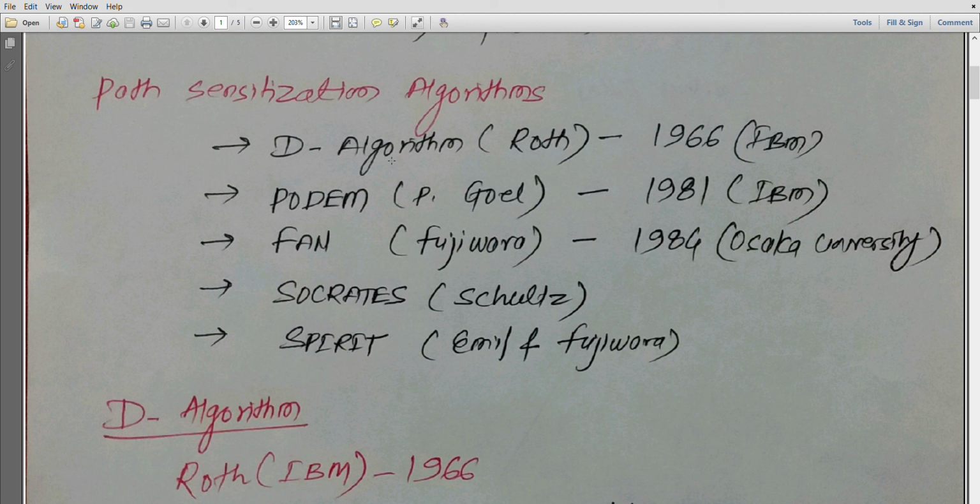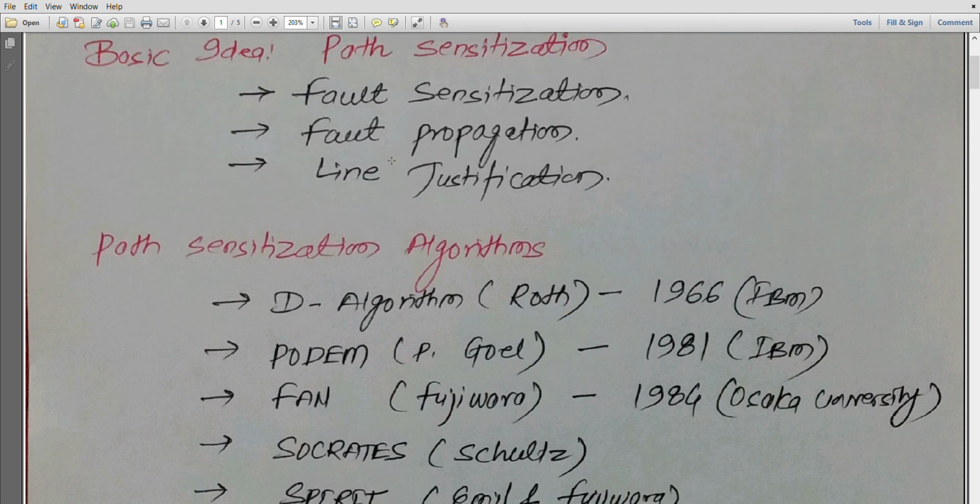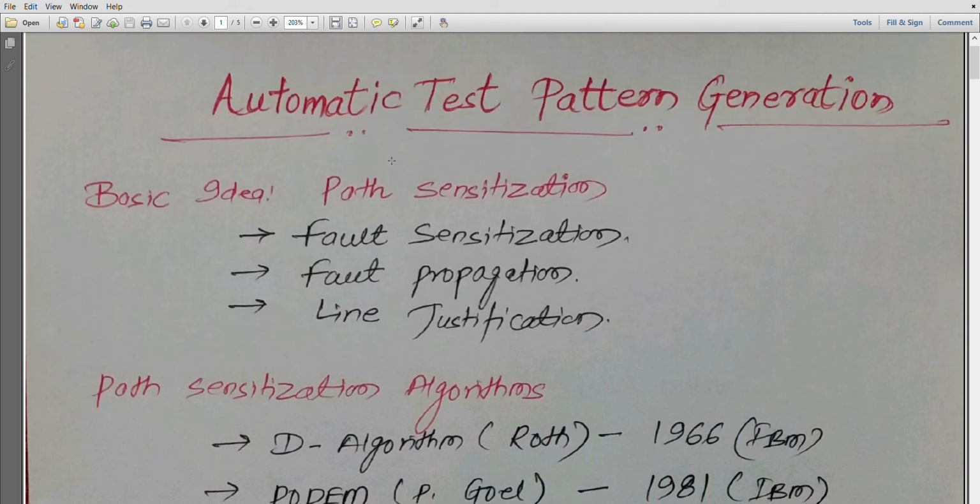So we have discussed the D algorithm. This is sufficient for your examination. You can discuss the D algorithm for automatic test pattern generation in the testing of combinational circuits. From the next lecture, we will start our discussion on sequential circuits, that is, how we can model the faults and generate the test patterns for sequential circuits,